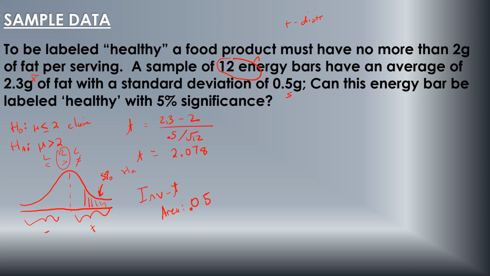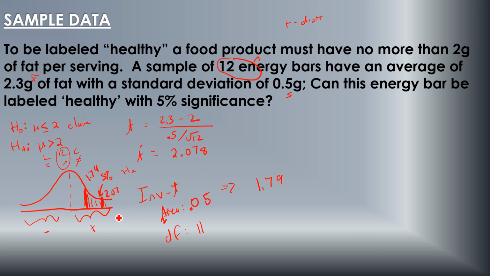And we're going to have degrees of freedom. Let's see, how many degrees of freedom do we have right here? If we have a sample of 12, then we have 11 degrees of freedom. So that gives us a score of 1.79. So that means when we come over here, this number right here is 1.79, and our t-score of 2.07